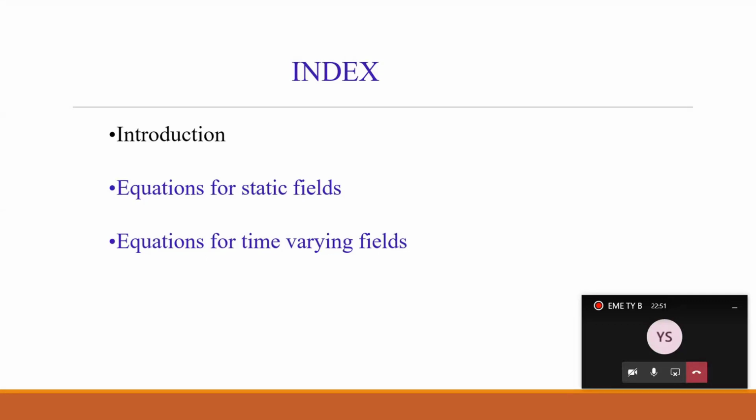Now, if such a quantity like current is present, then the equations related to current become time varying, that is, related to time varying fields. So static fields means the fields which are not changing with respect to time, and time varying fields means there is a dependency on time for the various quantities, because they are changing with respect to time. For both these fields, we are going to see the equations differently. The same equations are there, but a time derivative term will be there in the time varying fields. In static fields, there is no time relation.